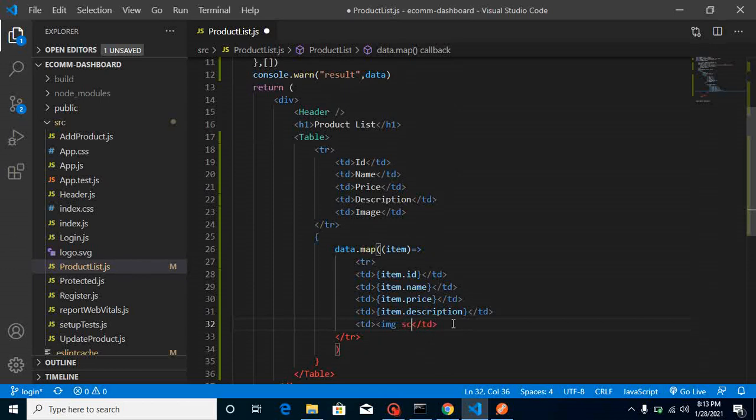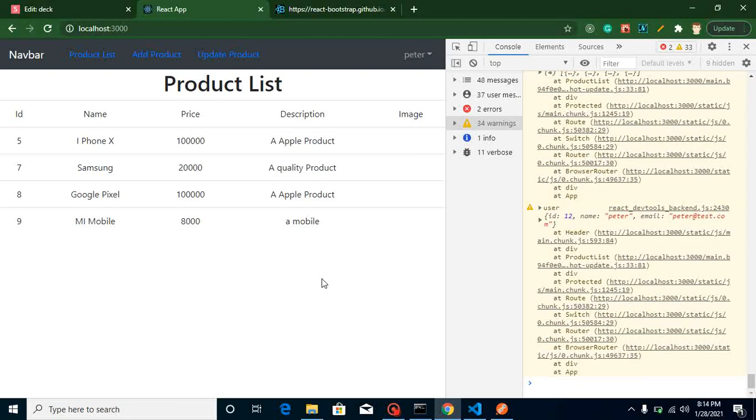So put here src, and with the src we can simply use this path, but we also need to provide a base path here, which is localhost colon 800, and after that we can simply put a slash, and we can use a plus sign also, right? And let me check here what we are getting.